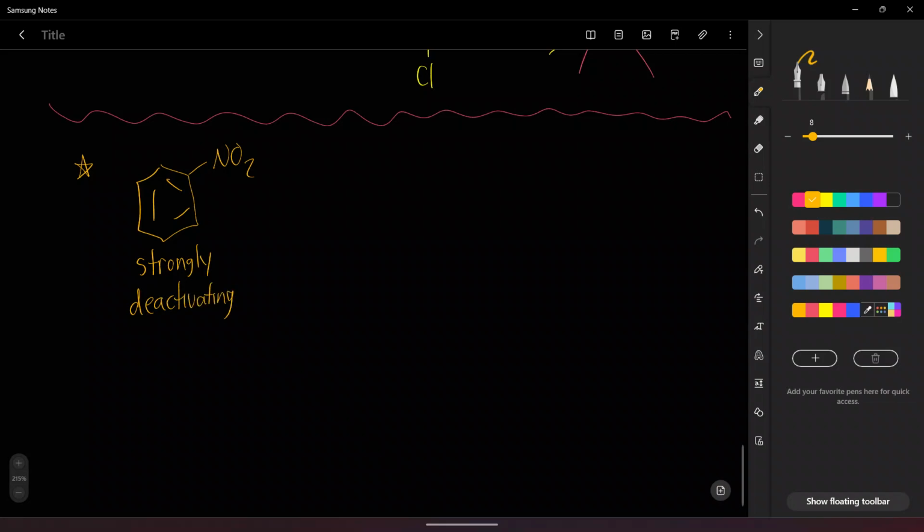It turns out that this molecule is so deactivating that if I tried to do a Friedel-Crafts alkylation on here, even a Friedel-Crafts that normally would work, like this one with AlCl3, it wouldn't work because it turns out that